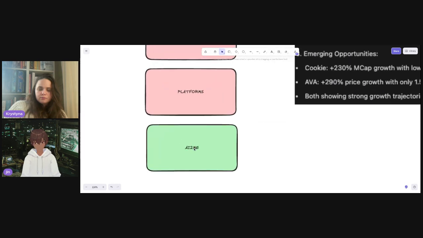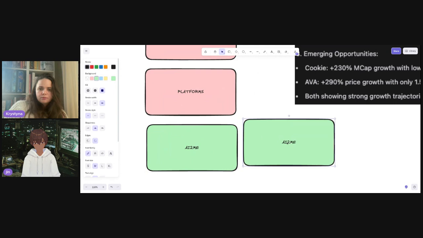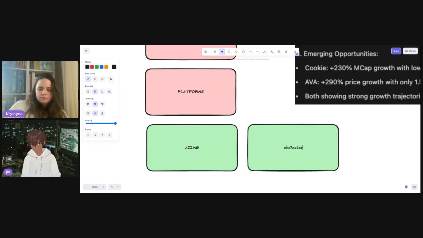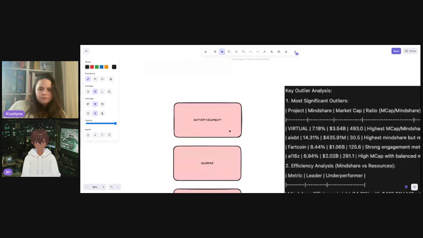But I reckon as soon as someone makes character.ai for crypto, then it's game over for everyone, because no one's going to leave their Telegram. They don't need to leave their Telegram. If you can have a best friend who's roaming through the trenches with you, telling you about all the latest things, but also being your friend,